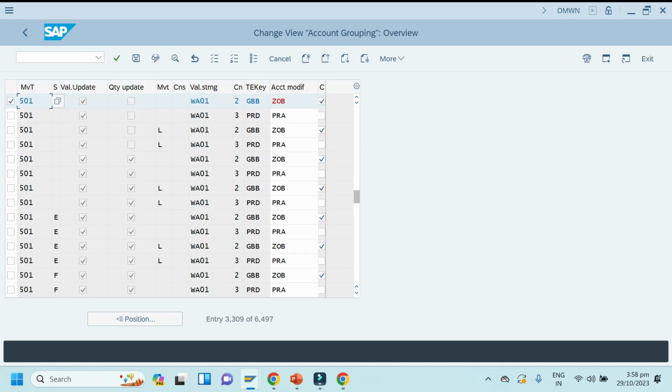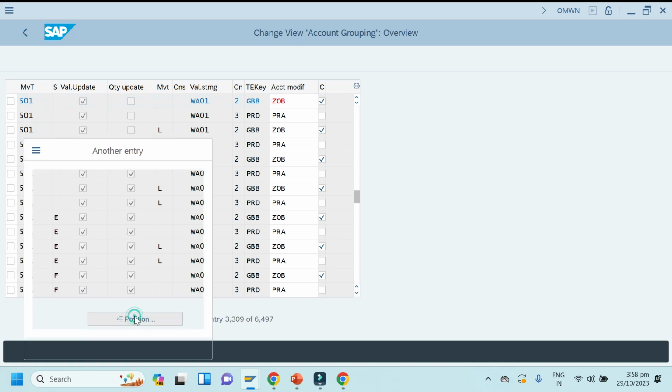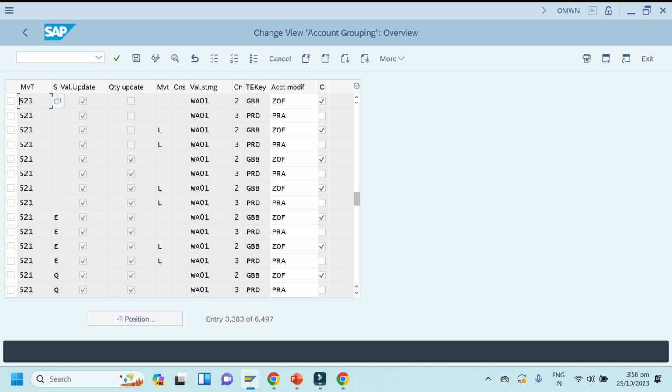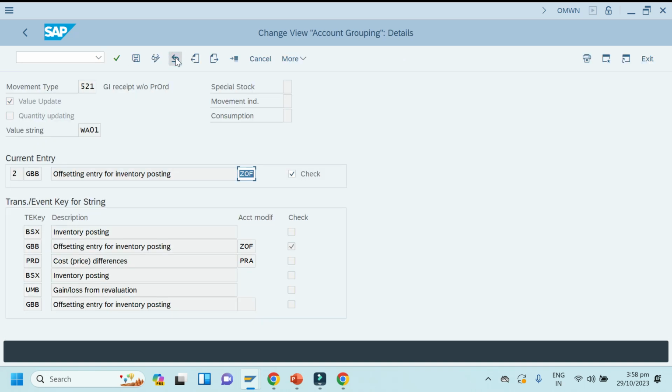Next, GOF: GR without production order, movement types 521, 531.